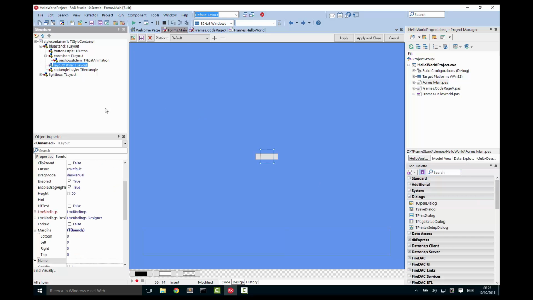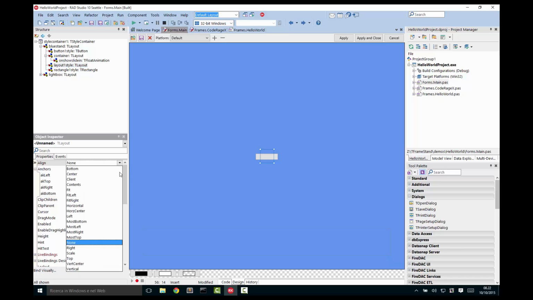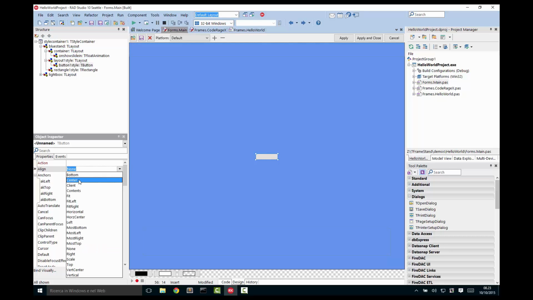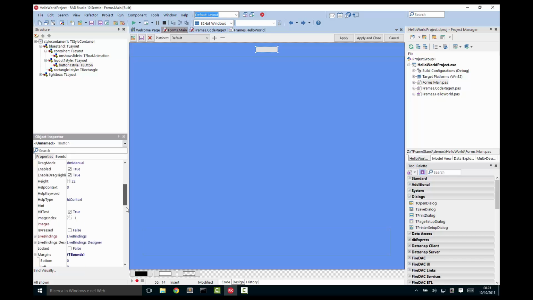Okay, a layout on top, and I will put the button into this layout. I will align it to the center, and I have to name it properly. So say hello frame stand. The text will be say hello, and it's everything I have to do,